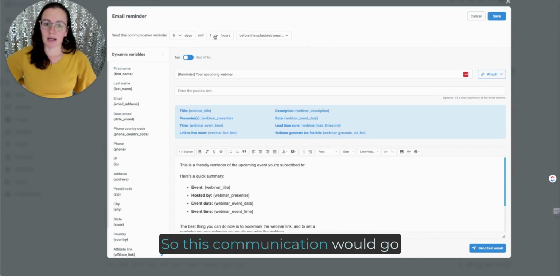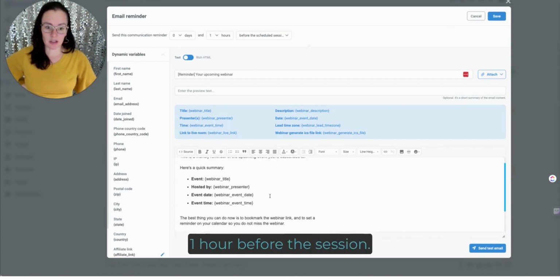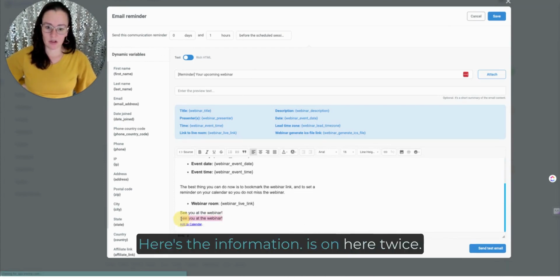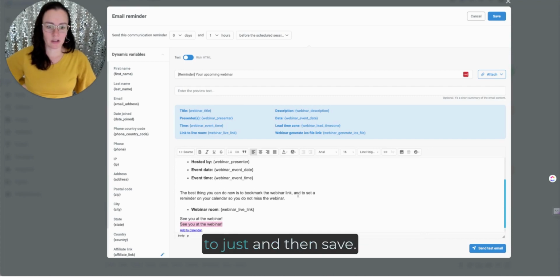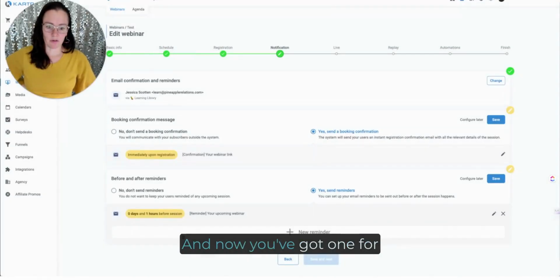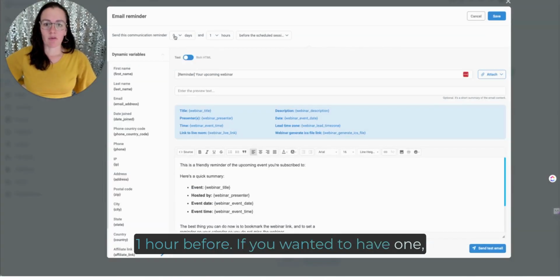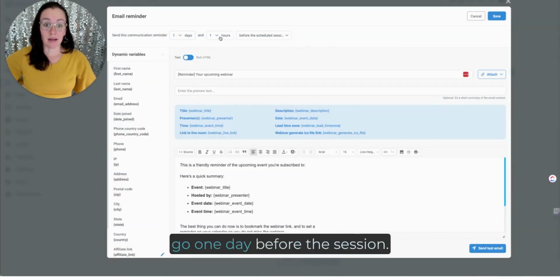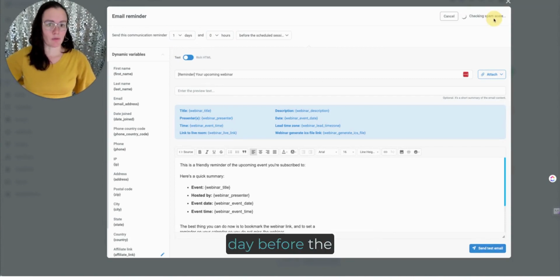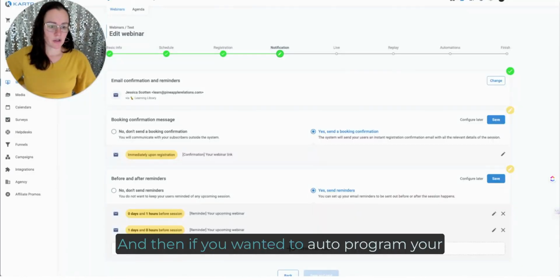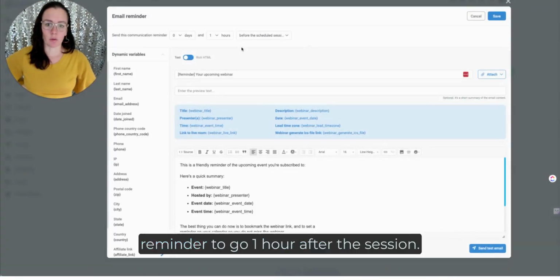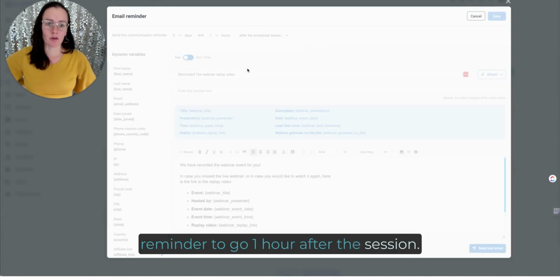So this communication would go 1 hour before the session. Here's the information. This is on here twice. You might want to change that down to just once. And then save. And now you've got one for 1 hour before. If you wanted to have one go 1 day before the session, customize it to go out 1 day before the session. And then if you wanted to auto program your reminder to go 1 hour after the session,